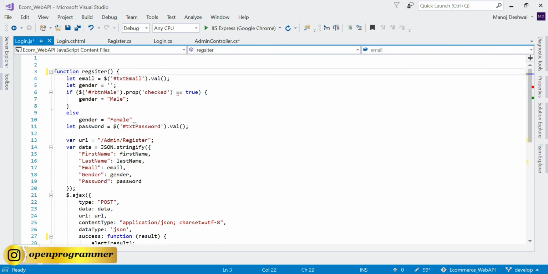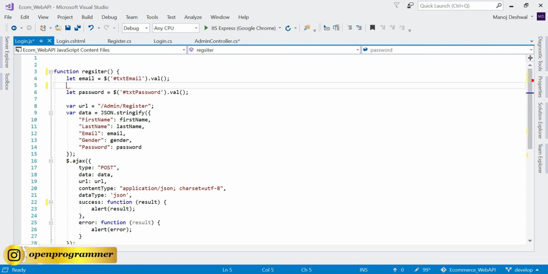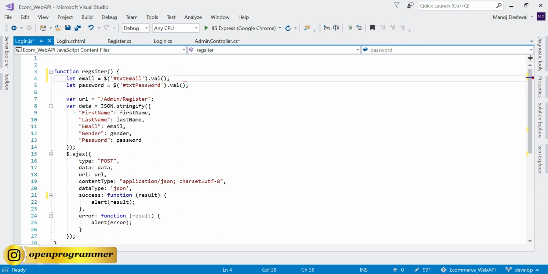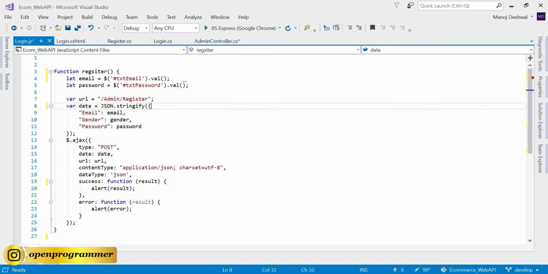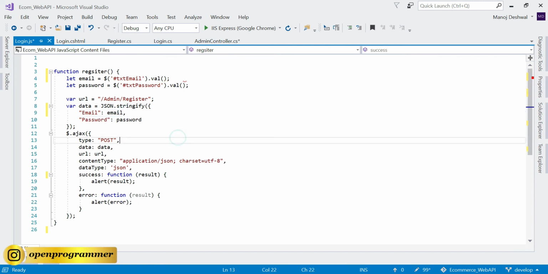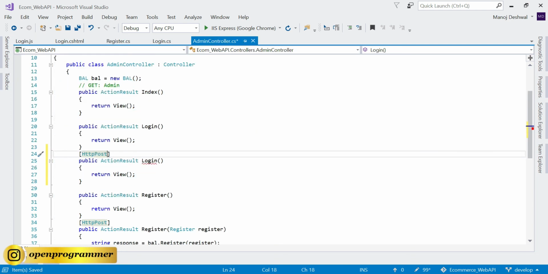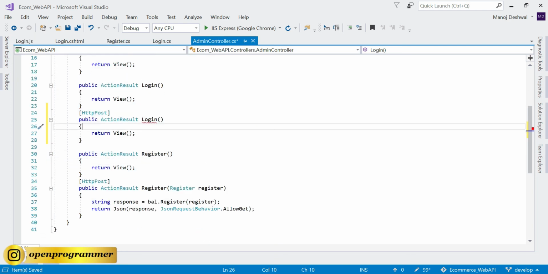We only need email and password. Delete everything apart from email and password. Perfect. So now the URL would be admin/login. Save this. And if I go back to admin.controller, so first go to our